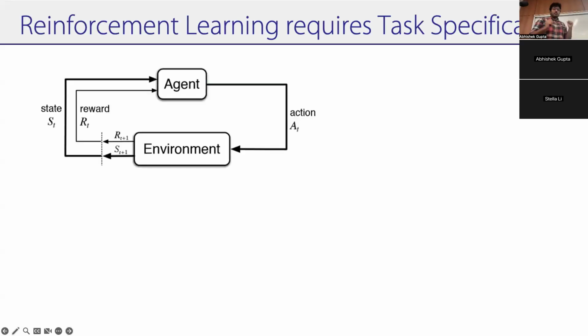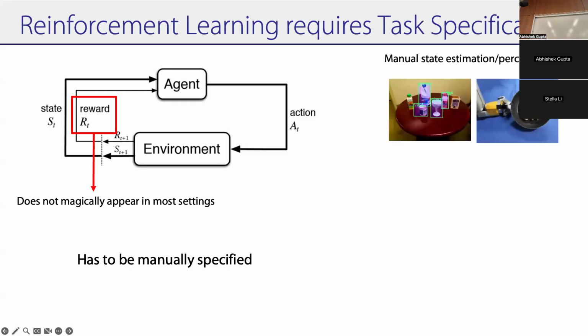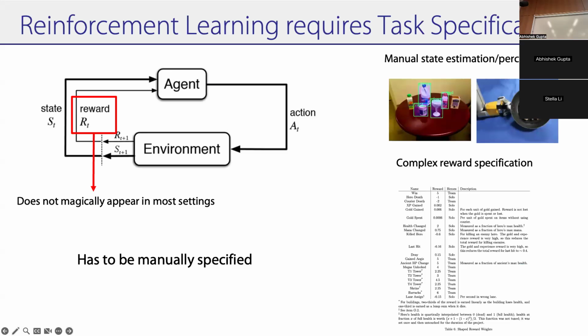Cool. So the problem of IRL, inverse RL, is the inverse of the RL problem, as named. But basically, it says that, hey, the reward doesn't appear magically in most settings. You have to set it. You can do that either by engineering the system, right? Or you can say, I'm going to get this automatically. So many practitioners right now would engineer the system. So they have a bunch of things that they think are relevant to the reward, and then they tweak them and add bonuses and do fancy complicated things or use LLMs to generate rewards. But